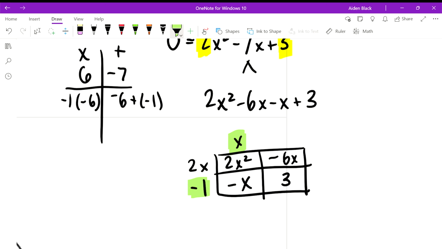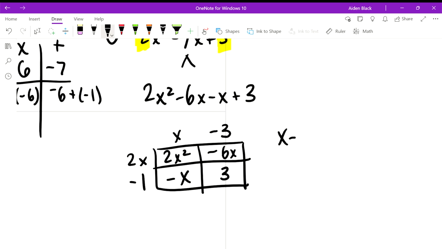So that our product between x and negative 1 is negative x. And then, negative 1 times what equals positive 3. So we should say it is negative 3. Double check that where items cross around. So 2x times negative 3 equals negative 6x. Okay, that works. So x minus 3,